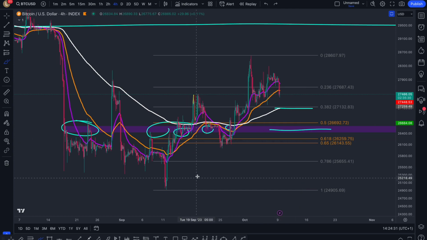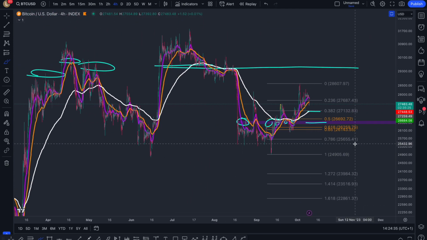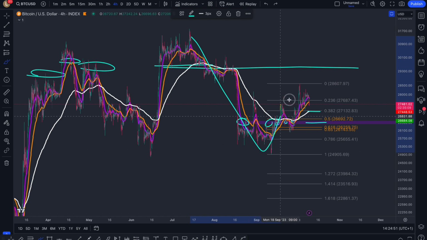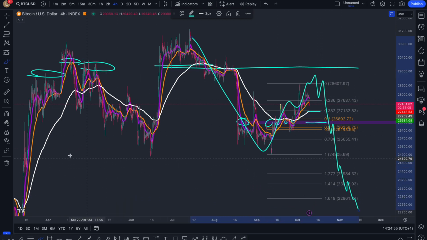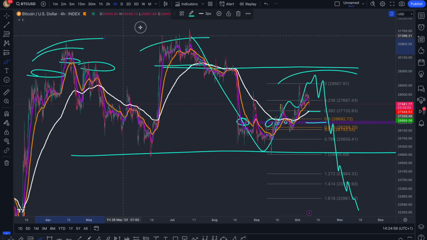I still believe that we will break this 25k low. I'm not seeing any signs as of now to suggest that we are going to break the 30k high. There are chances, again, you come down to here and have one more push up, but it's just into resistance. Something humongous needs to happen to push through and hold it as support to flip this bullish. That's why I think that at the moment, as we had such a big wave down, we're correcting back up into those key levels of resistance to eventually sweep this low, maybe forming a head and shoulders pattern, or maybe just a double top over here.